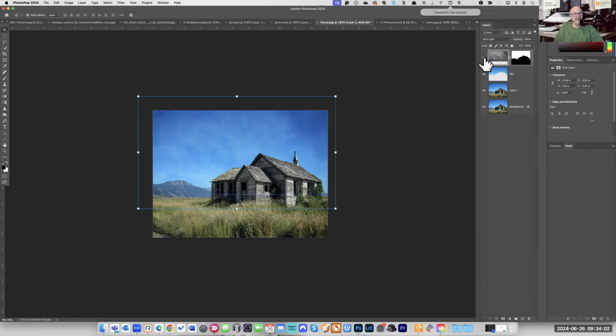If I turn this layer on and off, I'm able to see before and after and see what it did. Okay. Now, if I don't like how much soft light has affected the image on this layer, notice to the right of the word soft light, there is the word opacity. Okay. Now we can drop this opacity slider down, and this is the amount of that adjustment that has been